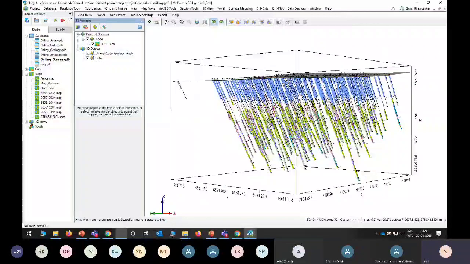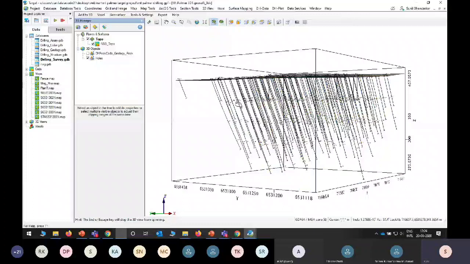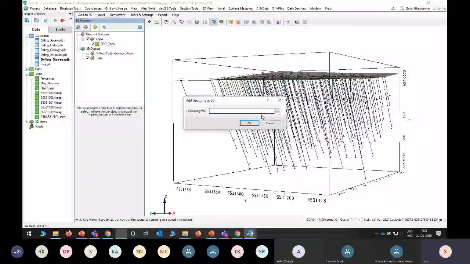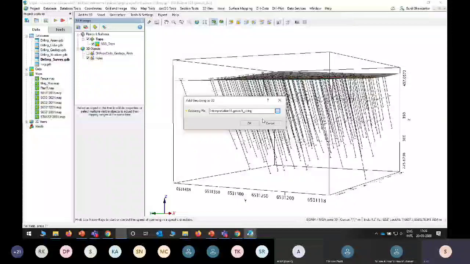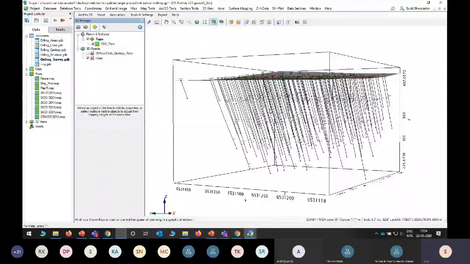Now whatever geostring we created in the cross section, we need to import. So go to geostring, and we need to select that geostring file. Here I just created one as an example. You can see this is how I created the section geostring file.